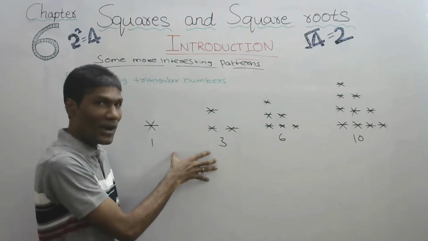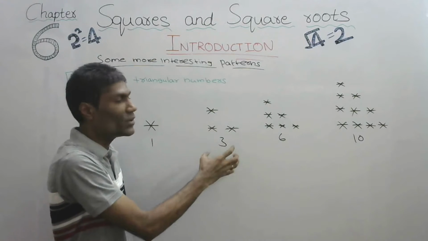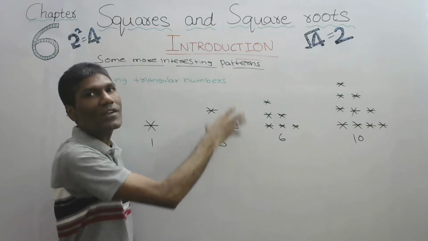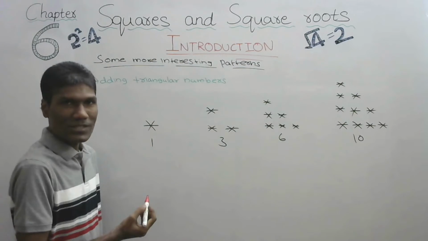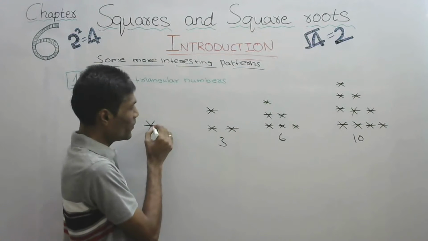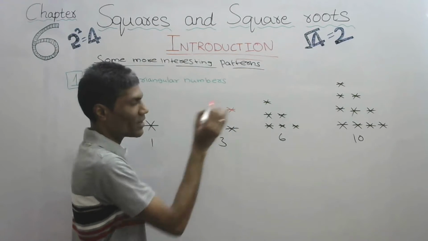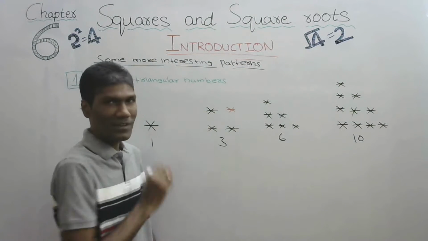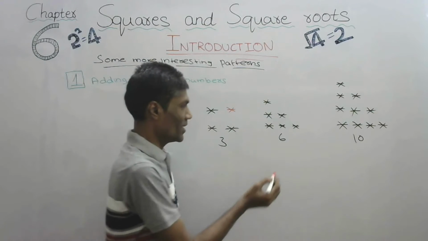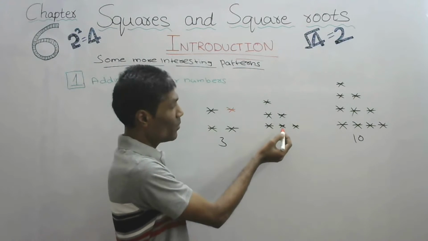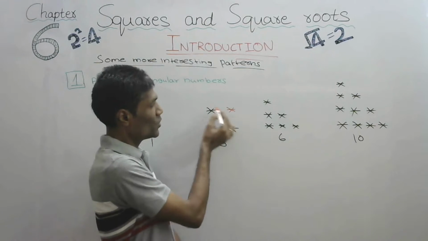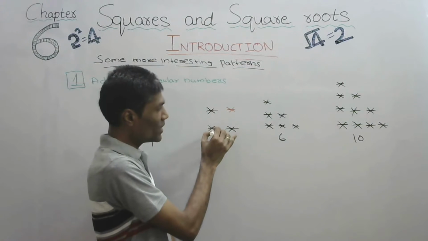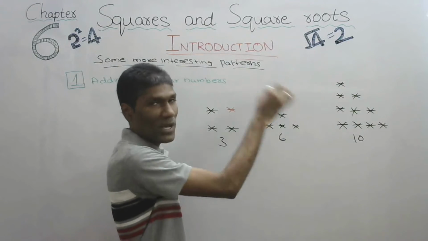If we combine two consecutive triangular numbers, we will get a square number. Let us see. 1 star is there, no? Now, if we add this 1 star to here, then it will become a square. See, let us apply to this one. Previously, what are these numbers? 3. So, 3 is there. If we put these 3 here, then it will become a square.